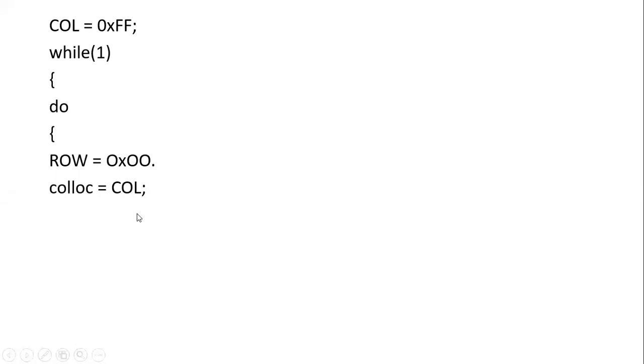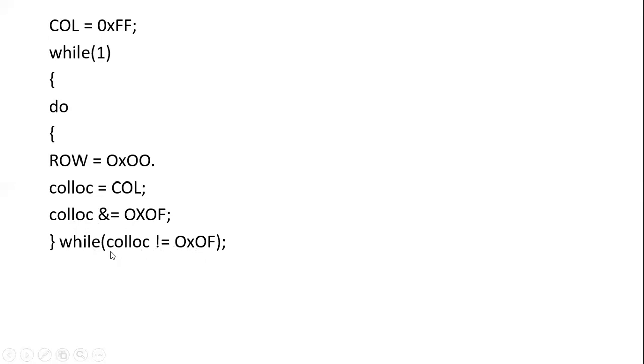Why do we do this? We are doing this for waiting to release all the previously pressed keys, isn't it? So then what should be the column value? The column value should be supposed to be 1111, isn't it? Okay. So what do we do? First we mask it. This is a logical AND operation, isn't it? So using the AND operation, we mask it. Then we get the column value, isn't it?